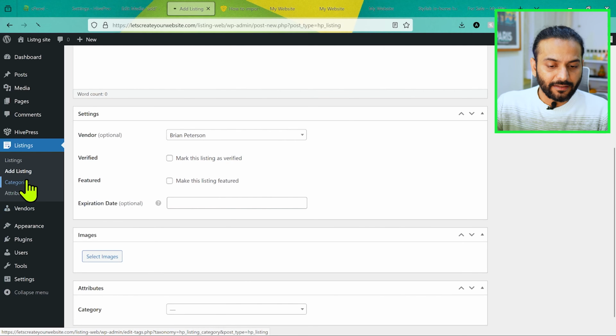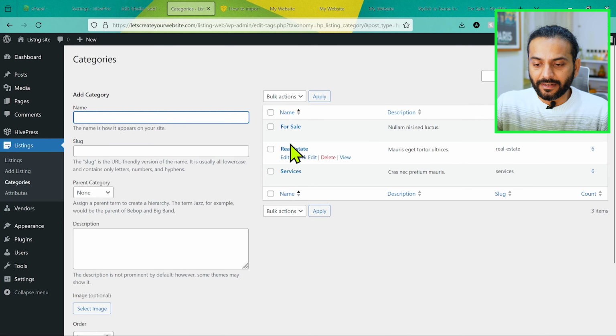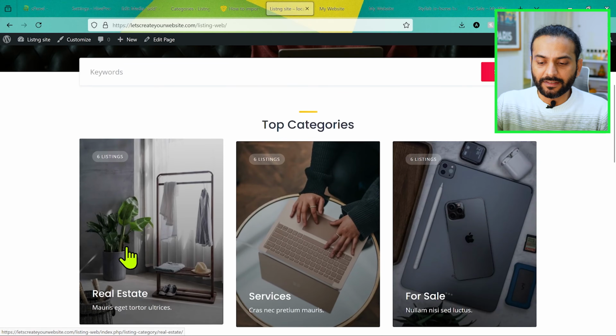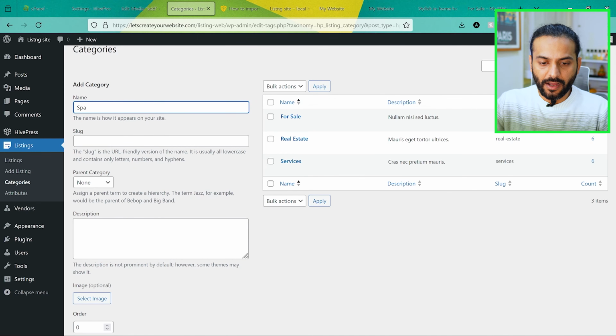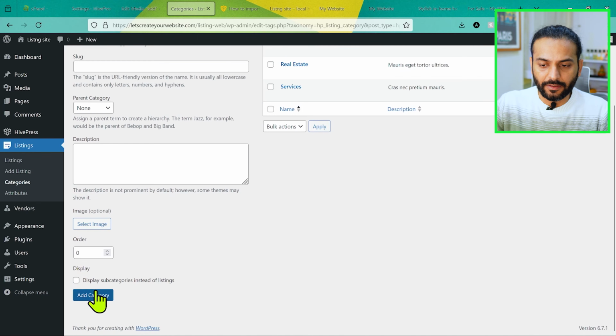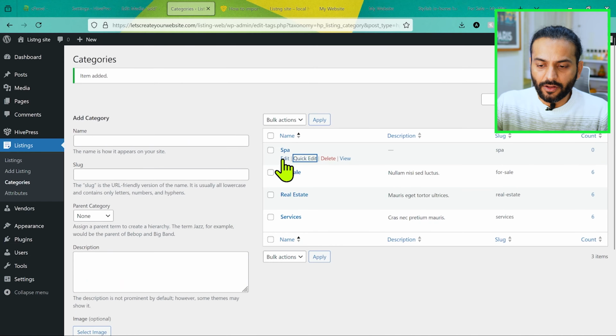And then you have categories here. By clicking here, you can see for sale, real estate, services. You can see on the website we have real estate, services, for sale. You can add new categories here. For example, I can add spa and then add category. You can see spa is added here. If I click on edit here,